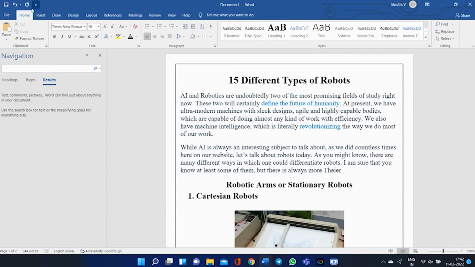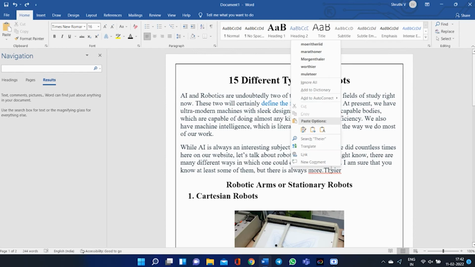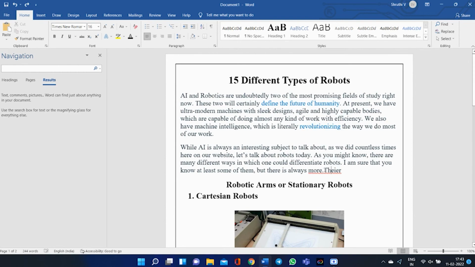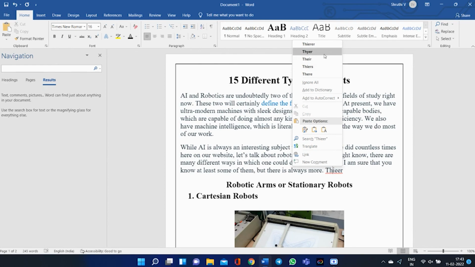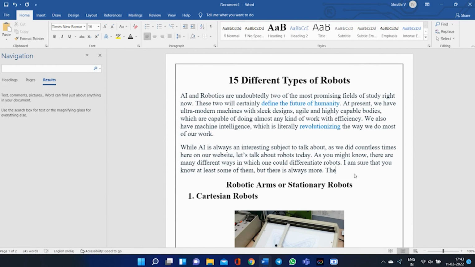Say if you have some errors like, instead of there we are giving some wrong spellings, so it will provide an error. Then right click. If you give ignore all, then it will be ignored as such.